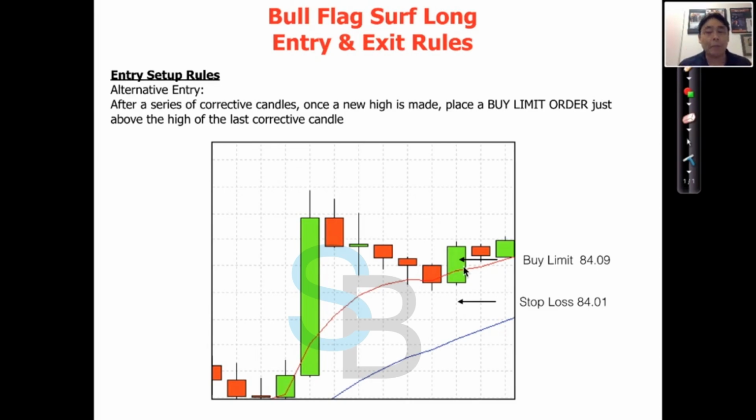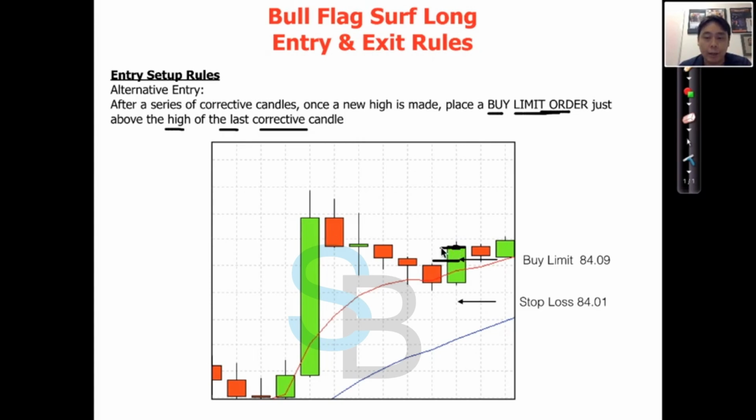Okay. So sometimes, for some reason, you may be late to the trade. In other words, by the time you see it, the price has already gone above your intended entry price. It has already made a new high. Okay, so if the price is already here now, right, it's above your intended entry, which is at 84.09. So in this case, what do you do? Okay, you now place a buy limit order, okay, at that same price, which is again at the high of the last corrective candle. So my buy limit order is now 84.09, but the price is currently at, say, 84.12,